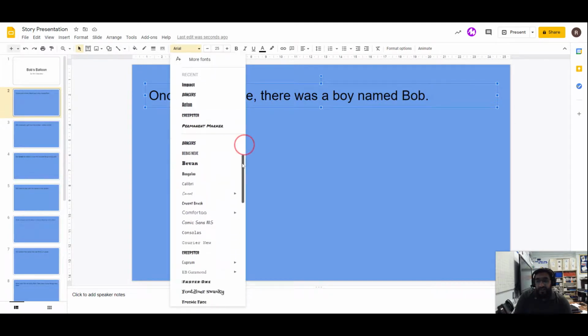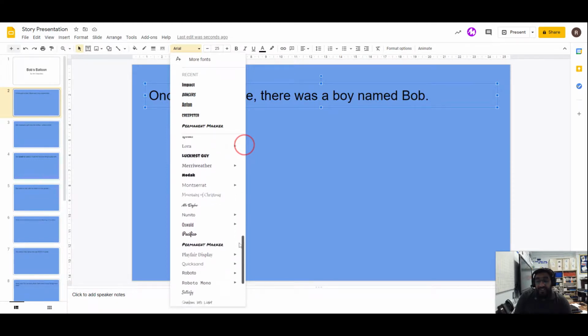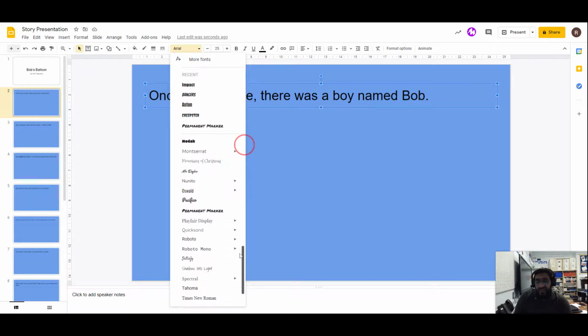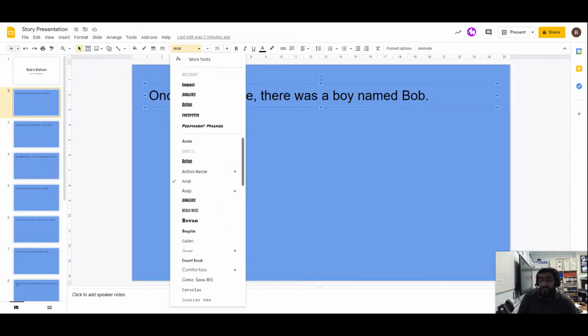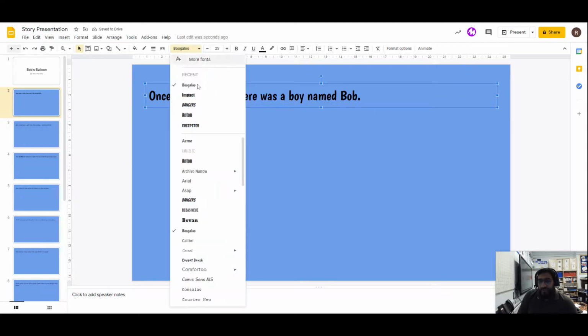Which font would be a good one to use? Okay, so we want to use one which is sensible, which is easy to read. Some of these fonts give some sort of impression. So Impact, for example, gives a nice, thick, strong impression. This one here, let's see, Bangers. It does look a little bit fun. If we look at Boogaloo, again, nice and soft. Okay, I like this Boogaloo one.